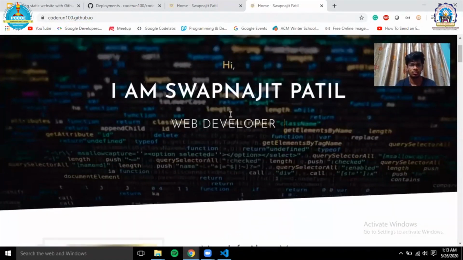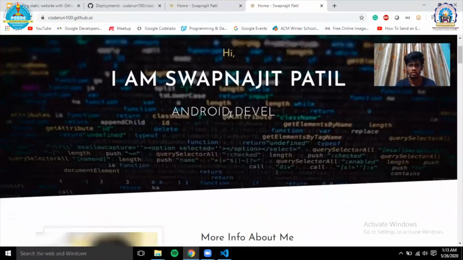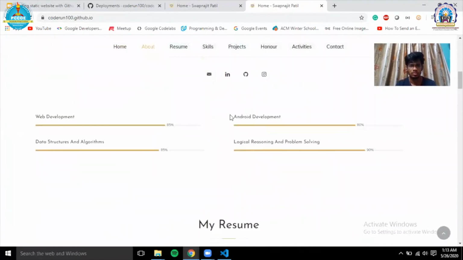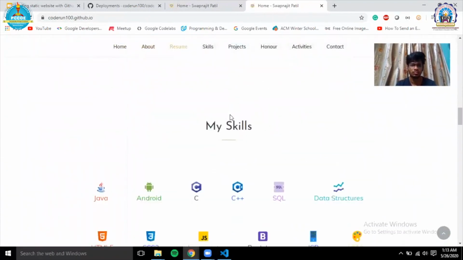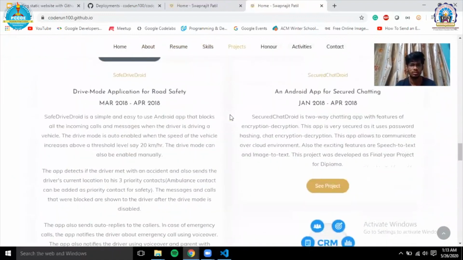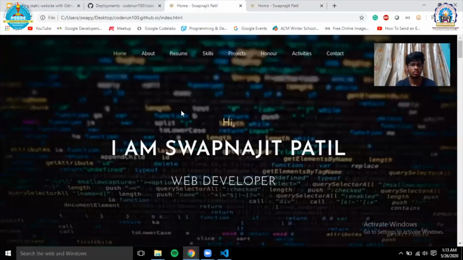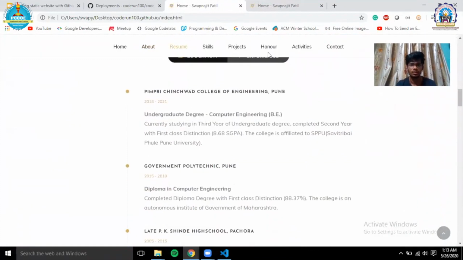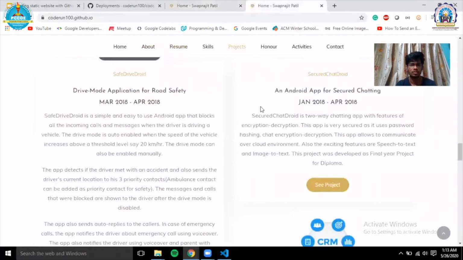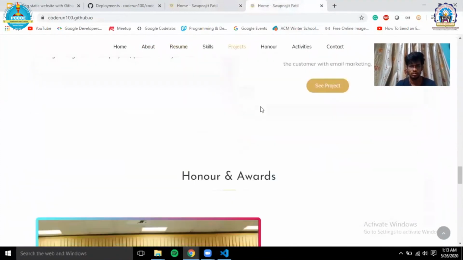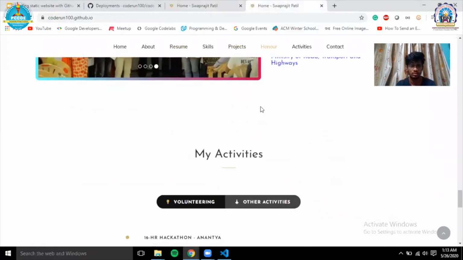You can see that your website has been loaded successfully. So this is the static website loaded with the help of GitHub Pages. This is the local website, and this is the website we have hosted with the help of GitHub Pages.